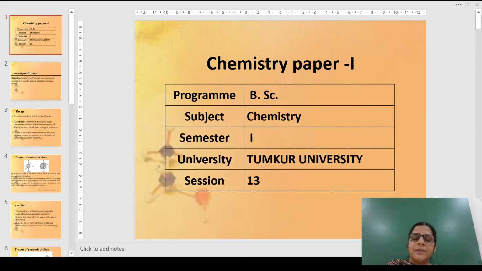As I said, it depends upon the orientation of the lobes of these atomic orbitals. They are known as double dumbbell shaped. The p orbitals are dumbbell shaped, whereas the d orbitals are double dumbbell shaped. Many times they will be oriented in between the axis, and sometimes they are along the axis.